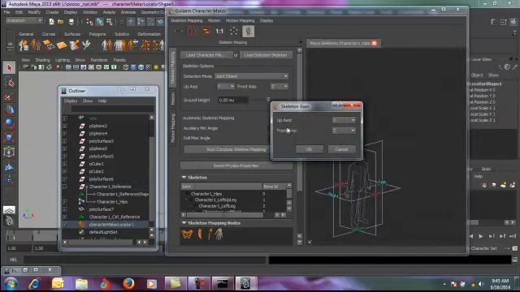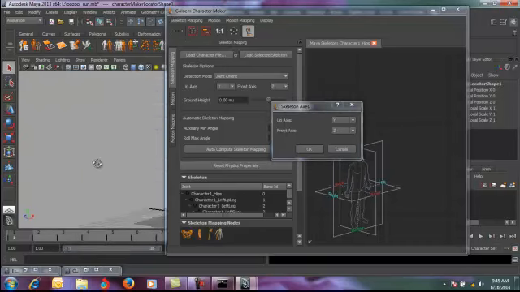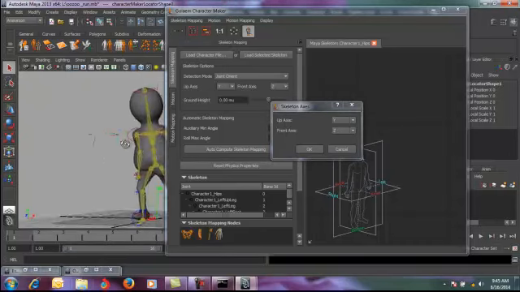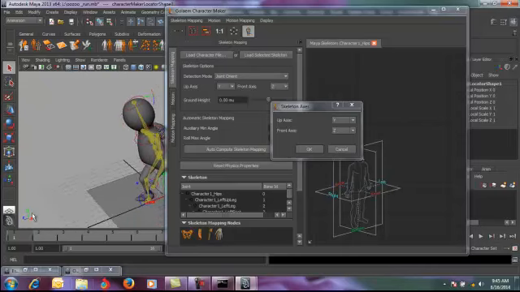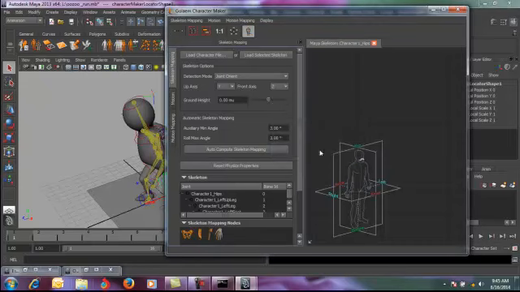Automatically it is going to ask me what is my up axis and what is my front axis. Now if you see the character here, my character is facing towards Z, so front axis is Z, that is fair, and obviously my up axis is Y. So this needs to be checked very carefully. Once we've finalized on this, click on OK, and you can see your character is here.